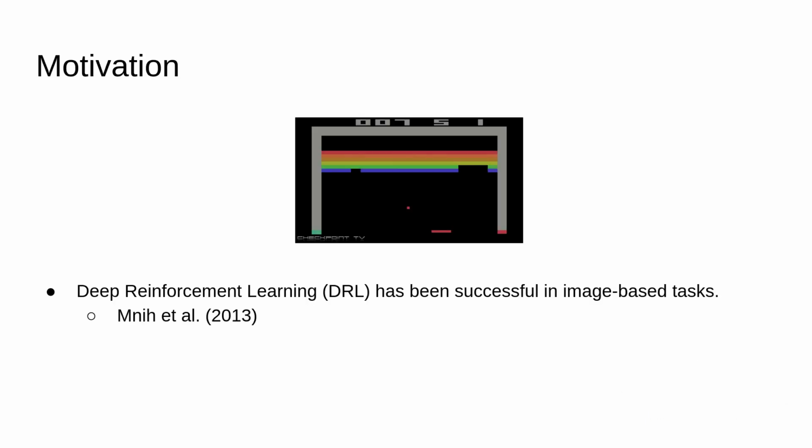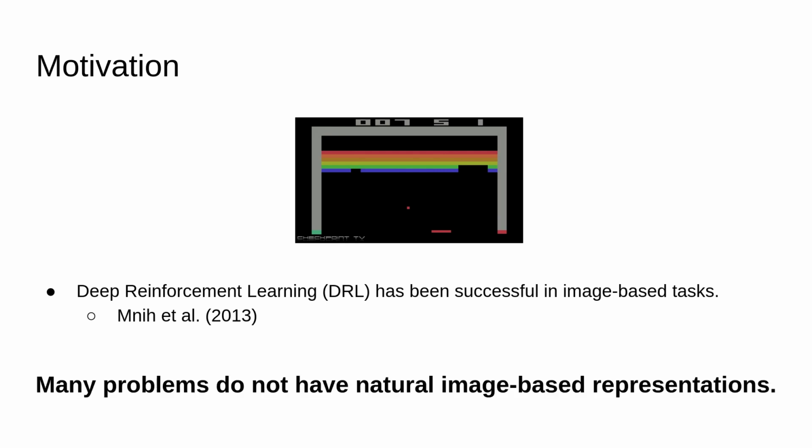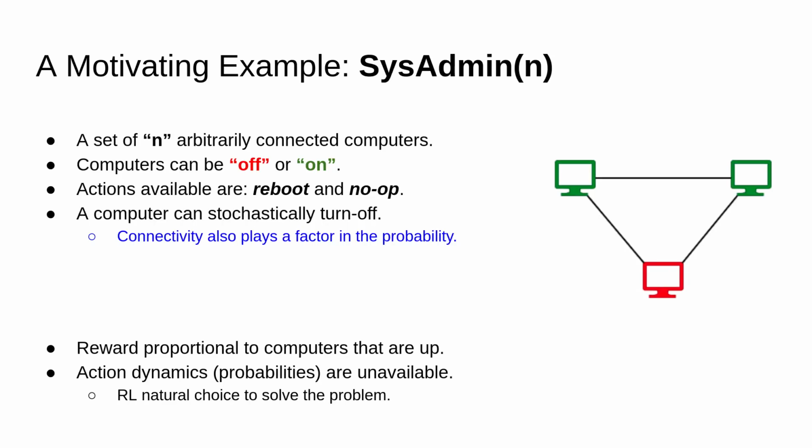Deep reinforcement learning has been shown to be successful in image-based tasks like Atari games. However, many problems do not have natural image-based representation. As a motivating example, consider a system administrator problem consisting of n arbitrarily connected computers which can be off or on, and the agent is a system administrator who can either reboot a specific computer or do nothing at any